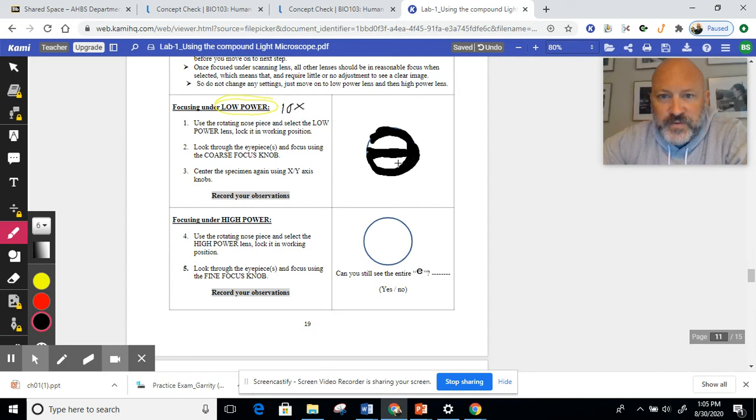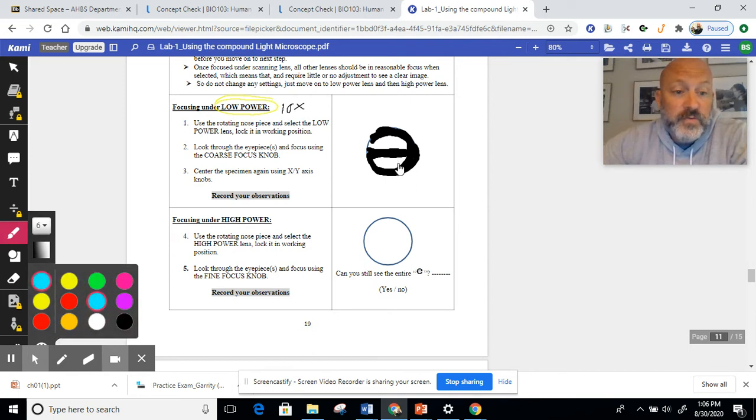It's a little difficult to do using a stylus on the computer. You would probably keep it within the lines. I went over the lines, but yeah, it would be nice and thick and big. You could still see that it's a letter E. And then you would draw it like that. This is where you would record the observation. You would make sure it's centered and focused, and then you would be ready to turn the rotating nose piece